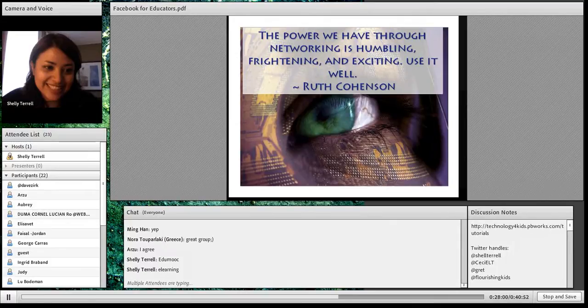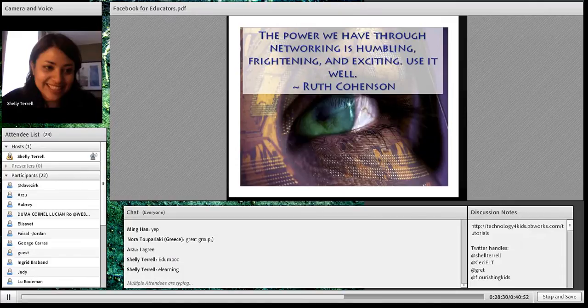So we're coming towards the end, and you're more than welcome to go ahead and share your profiles. If you have a customized URL for your profile, that would be really great. You can share that. Or if you just want to copy and paste your Facebook profile, that's fine. If you want to copy and paste your group or an open group or Facebook page that you have, you're more than welcome to share it in the chat box. Or if you want to talk about ways that you get your group active, or if you have any questions, now would be the time.